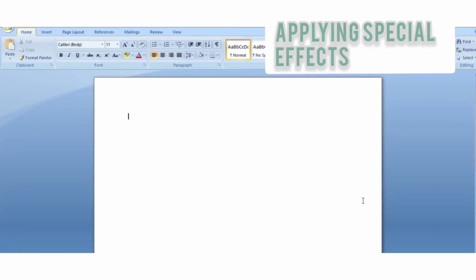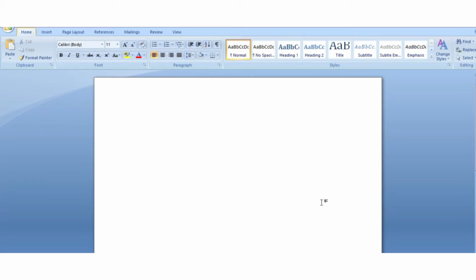Today we are going to continue our chapter number 6, that is Graphics in Microsoft Word 2010. So for better understanding, let's move to the Windows screen. Applying special effects. Word 2010 offers a newly added feature for adding special artistic effects to the inserted image or clip art.